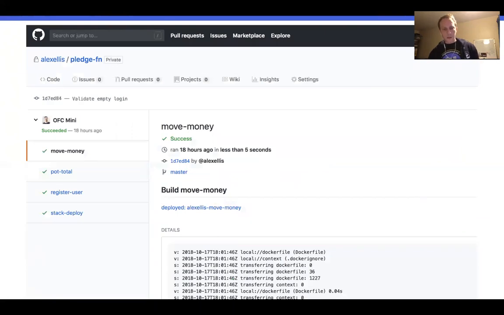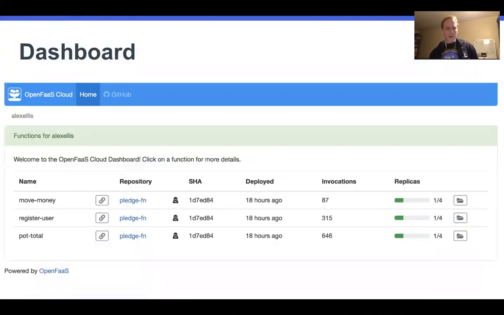When you click on the status, you get a link off to the function, to the endpoint, and you get all the container logs. And this is what your dashboard looks like. So on your dashboard, you can see, is it a private repo or public? How many replicas have you got? Somebody, I think Daniel was asking about auto-scaling. Again, you get feedback here. And then when you drill into this, you get even more data, like how to run it on your own OpenFaaS locally.